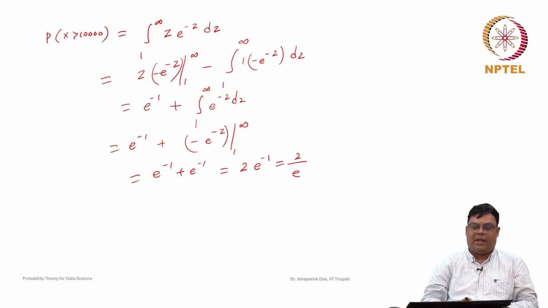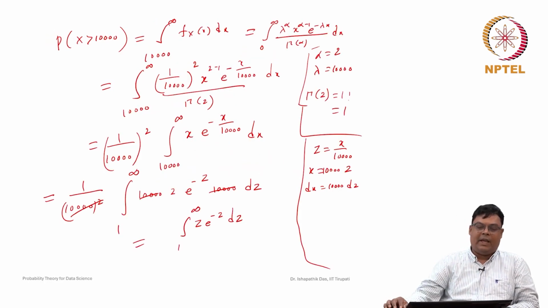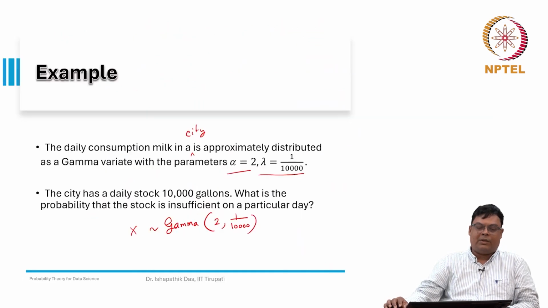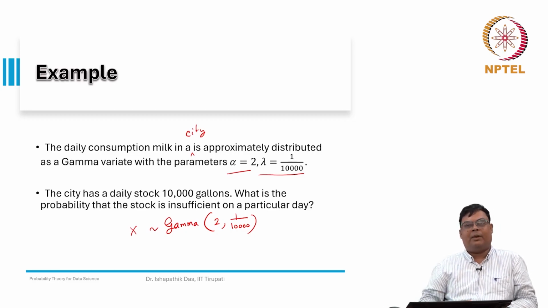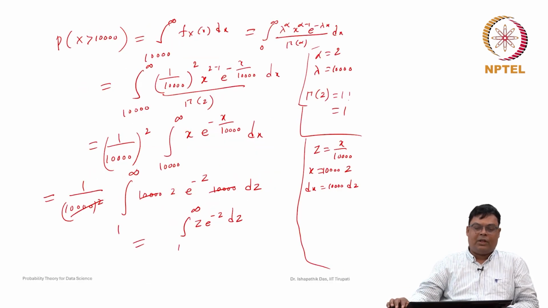So, this is the probability that on a particular day the consumption is more than 10,000 gallons. So, that is the probability that the stock is insufficient on a particular day. So, this is one numerical example we discussed of the gamma distribution. So, this is one of the important distributions. Now, we will discuss